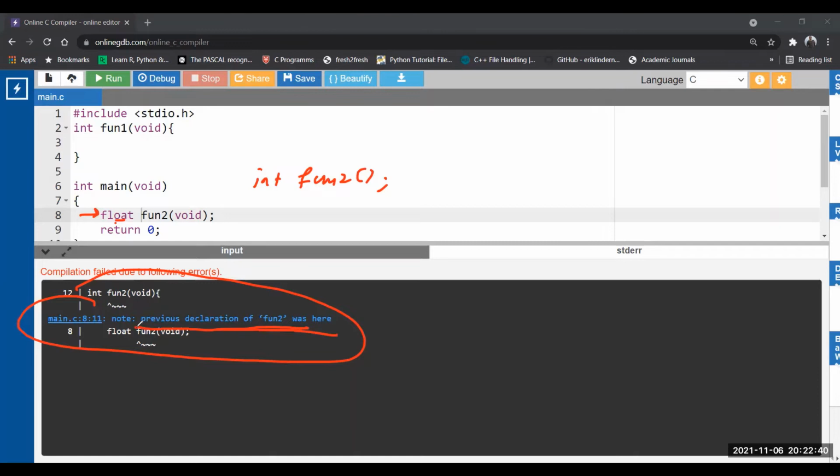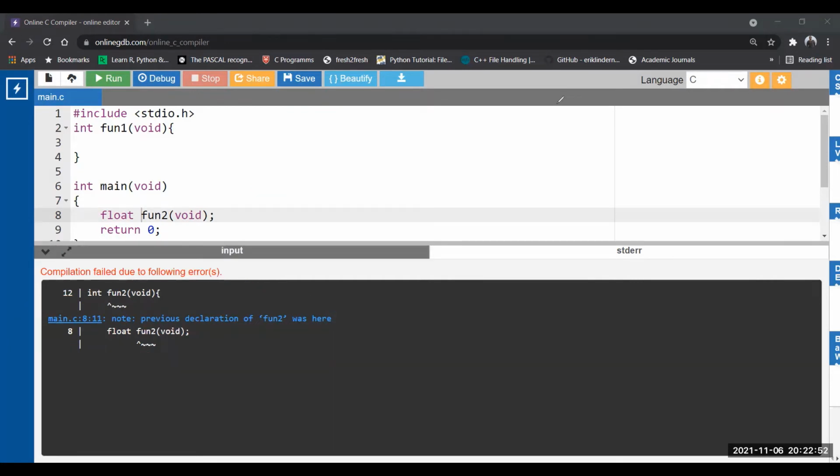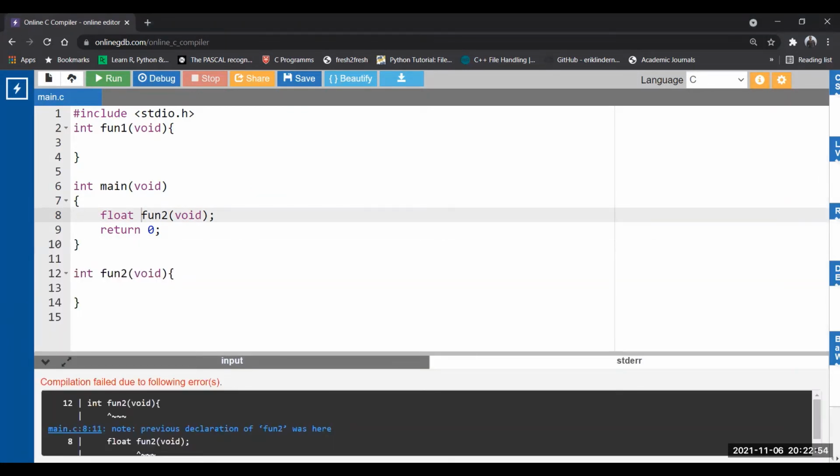The compiler by default made an implicit declaration of function fun2 as integer. So here the type is mismatched. In line number 8 it is float, in line number 12 it is integer.